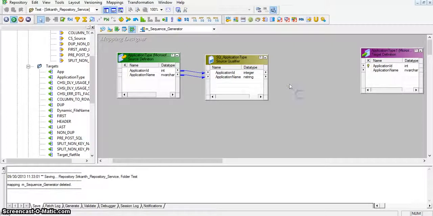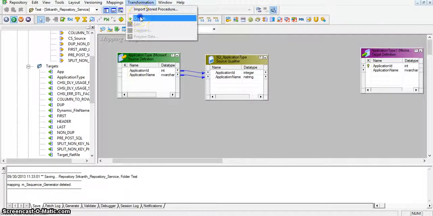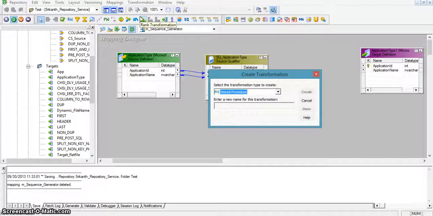And I will take a sequence generator transformation. This is the sequence generator transformation, and give the name sequence underscore application type.